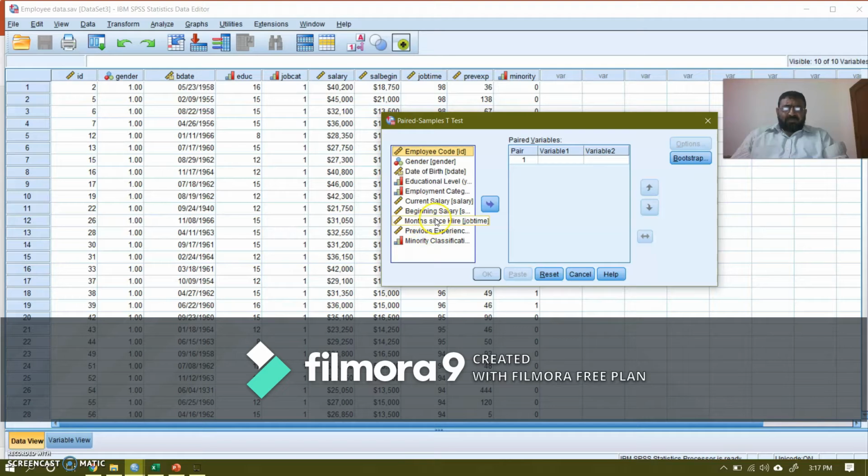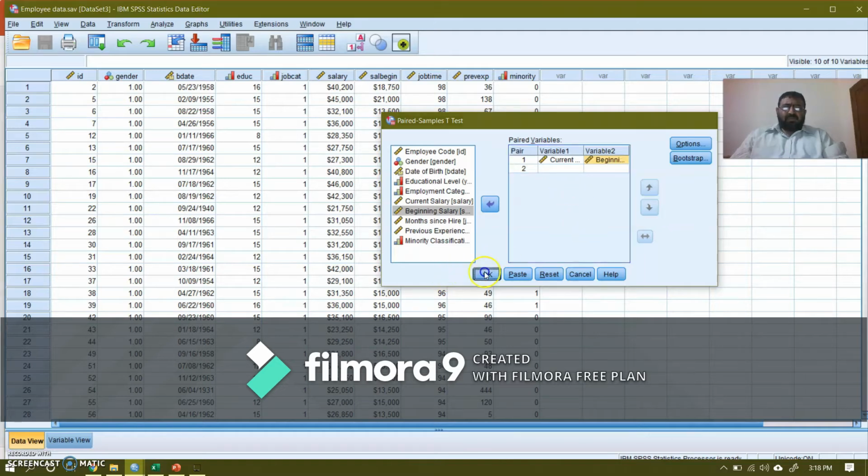I am going to compare the mean of current salary and the mean of the beginning salary. So I select the current salary first and then the beginning salary, and now I will press OK.